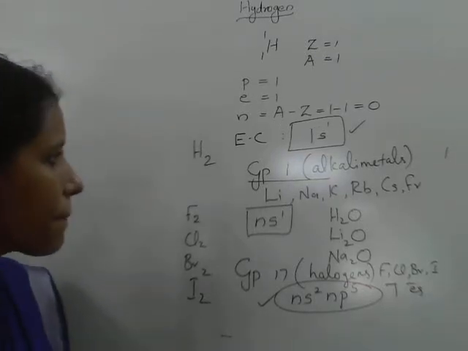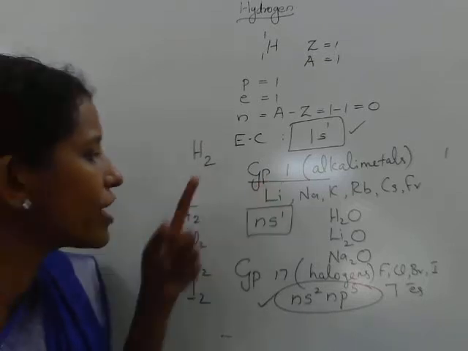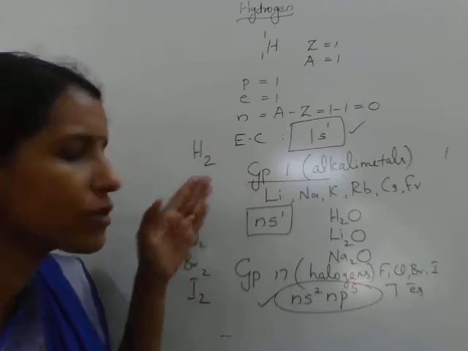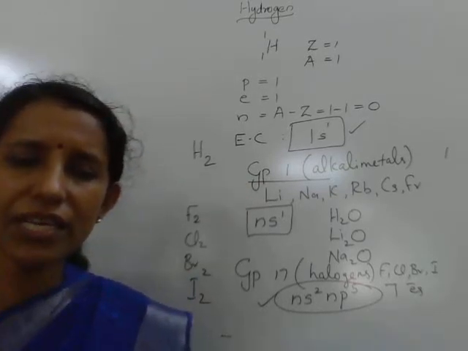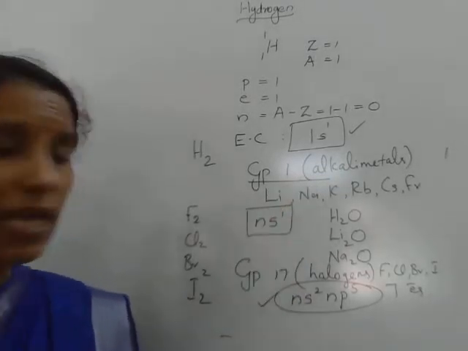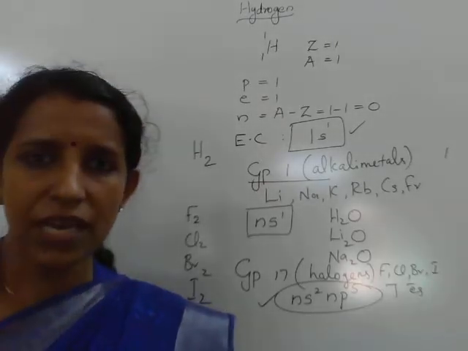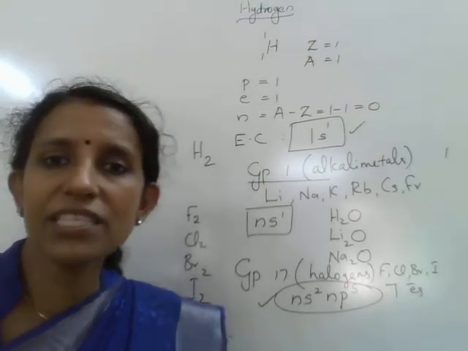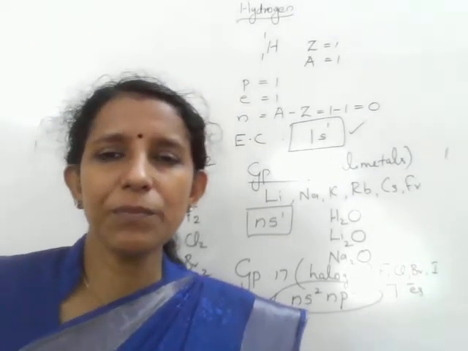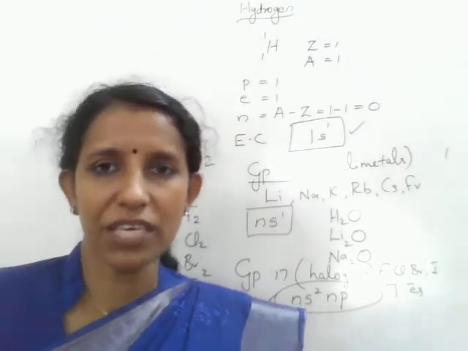So hydrogen resembles both the group 1 elements and group 17 elements, but hydrogen cannot be included in group 1 or 17 because its behavior is different from these elements in some of the properties. It means the behavior of hydrogen is unique. Hence, hydrogen is given a special position in the periodic table, that is in the exact middle of the periodic table. We see hydrogen in a separate box because of its unique behavior.